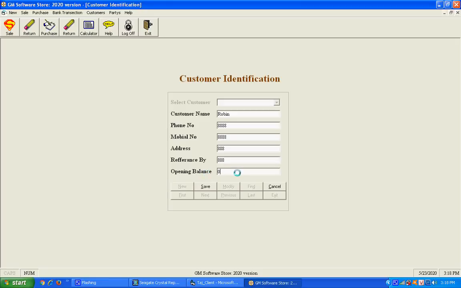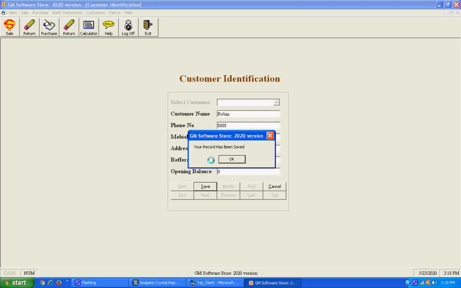If you don't know, or if the customer doesn't have any balance, you enter 0. Otherwise you put sample data like 888 as the opening balance. That opening balance you never change in our software. Now I enter 0 and press save, and the system says your record has been saved.